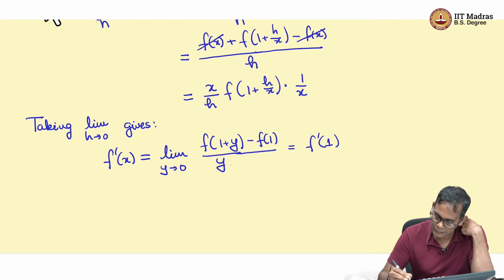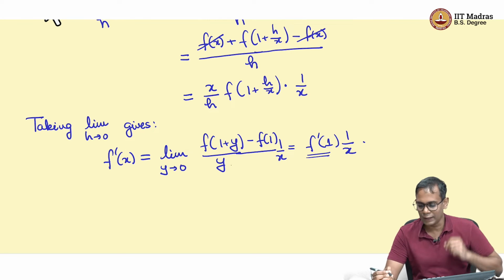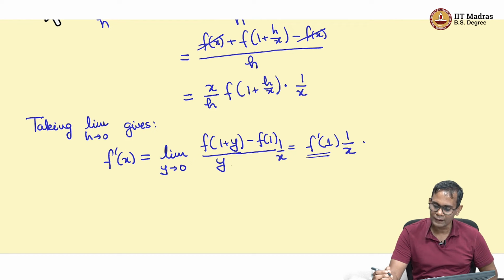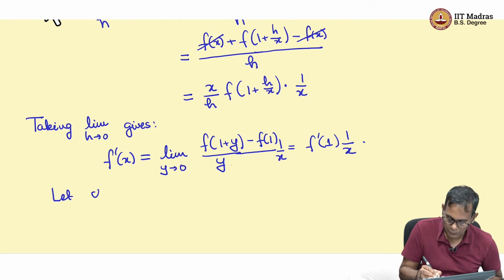Well, there is a 1 over x here. So, let us take this value of the derivative of f at 1 and just give it a name. So, let alpha be f prime of 1. Then what we get is